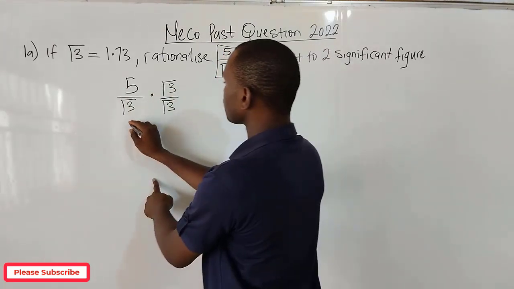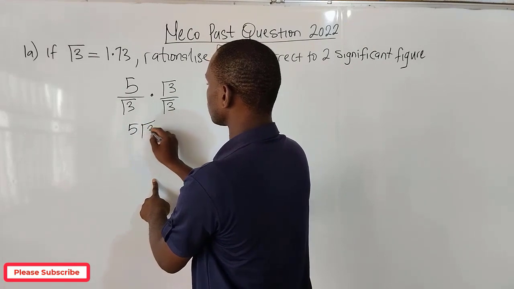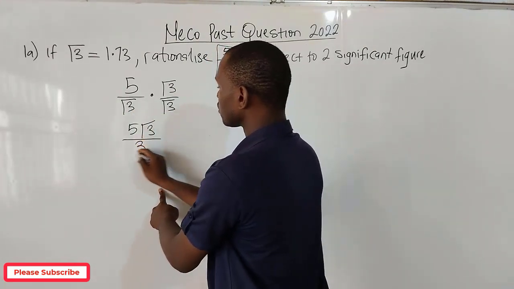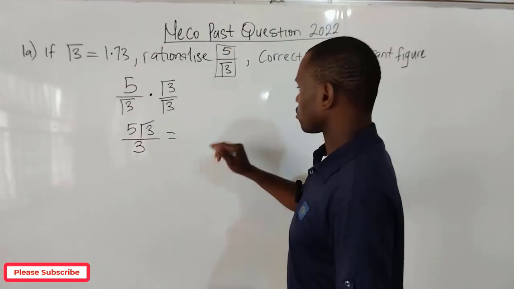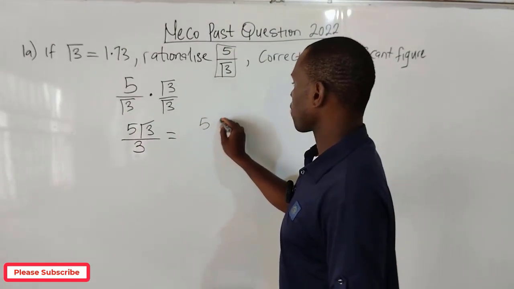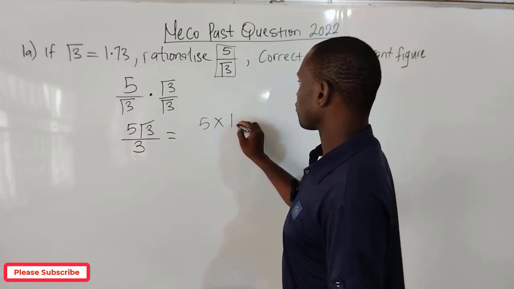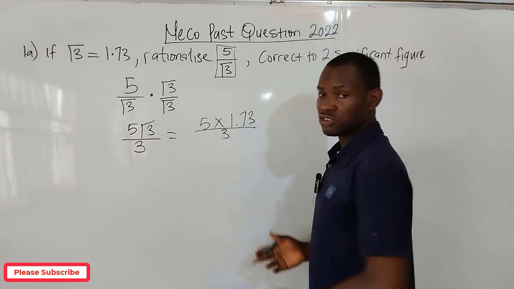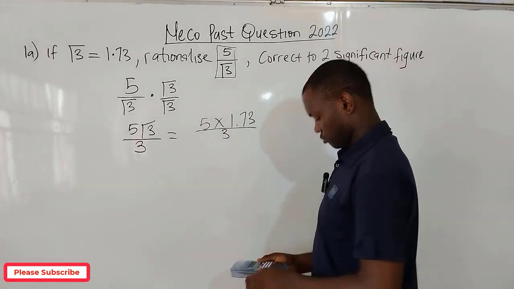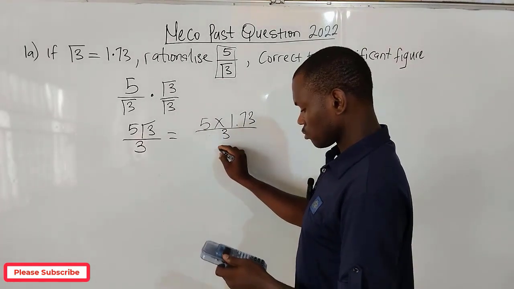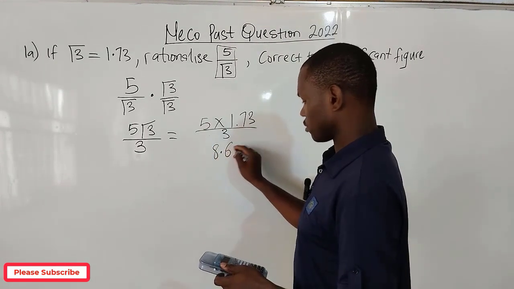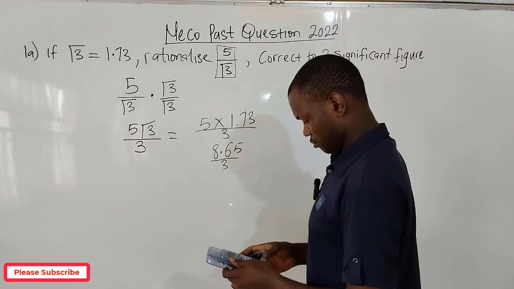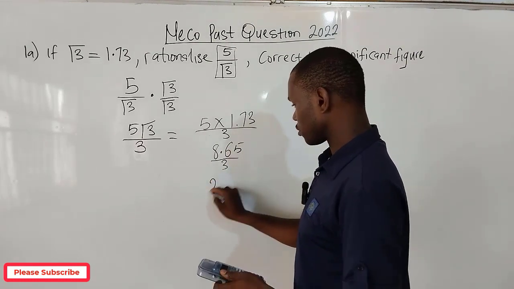5 times square root of 3 will give me 5 root 3 over square root of 3 times square root of 3. This will give me 3. The next thing we do is to substitute. So I'll say 5 times 1.73 over 3. Then you press your calculator. I have 8.65 over 3, and this will give me